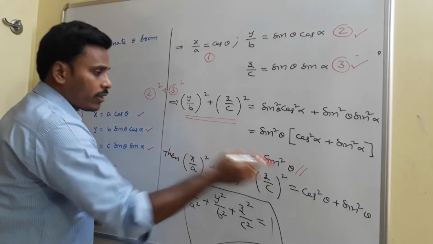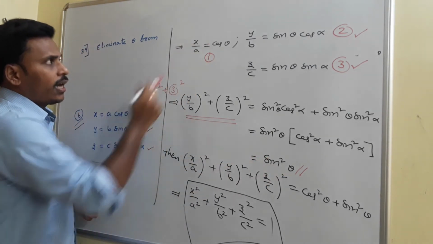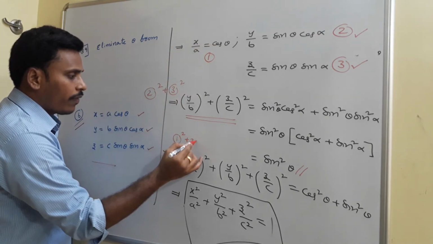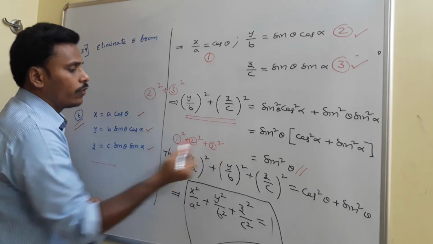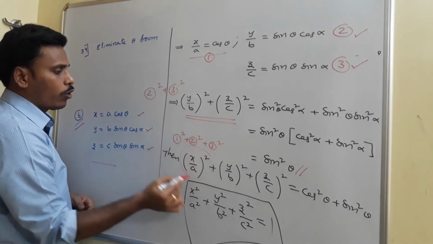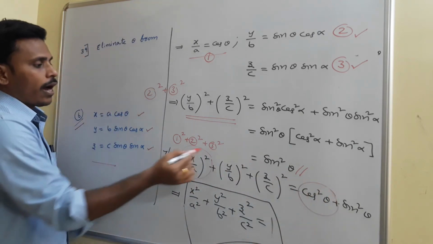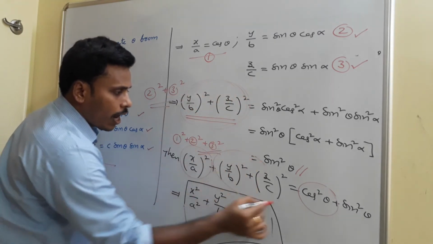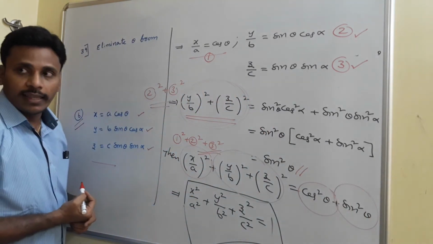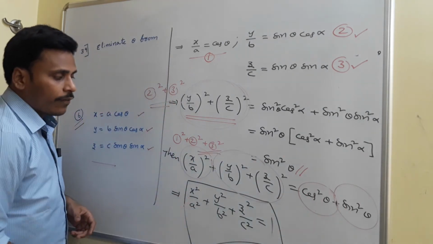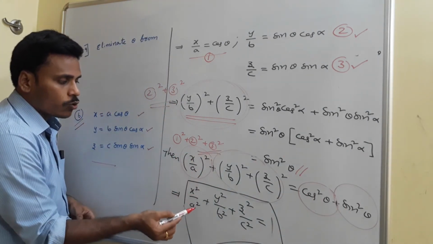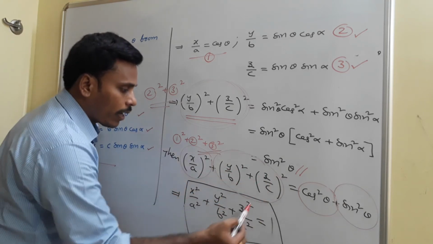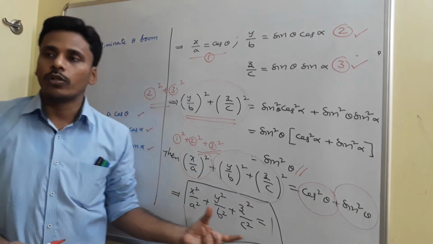And then since it is sin square theta, here x by a is cos theta, its square is x by a whole square. That's why now square the first one and then square the second one and then square the third one actually. So the square of the first one is x by a whole square and here it is cos square theta. And 2 square plus 3 square we already have, that is y by b whole square plus z by c whole square, whose value is sin square theta. And at the end, on the right side the summation is 1 and on the left side x by a whole square is x square by a square, y by b whole square is y square by b square, z by c whole square is z square by c square, and that is equal to 1.